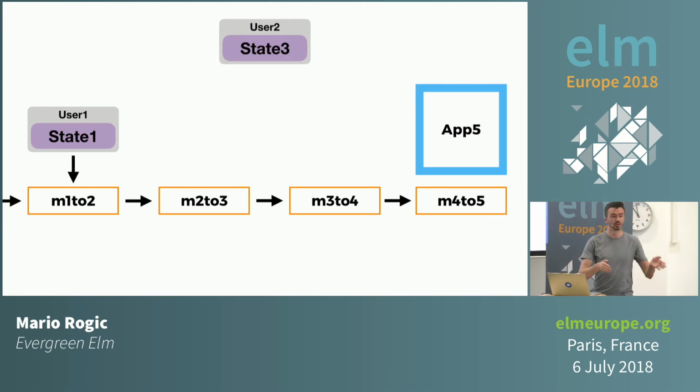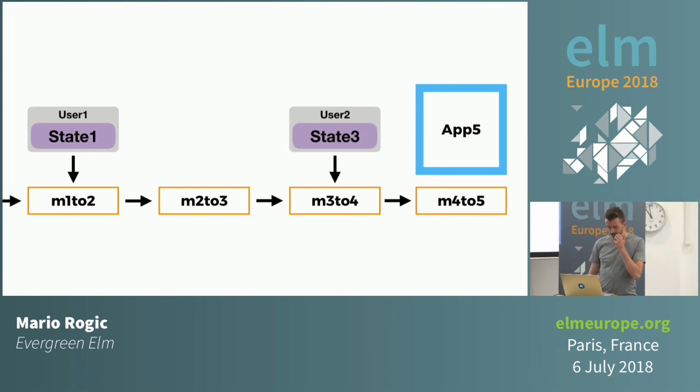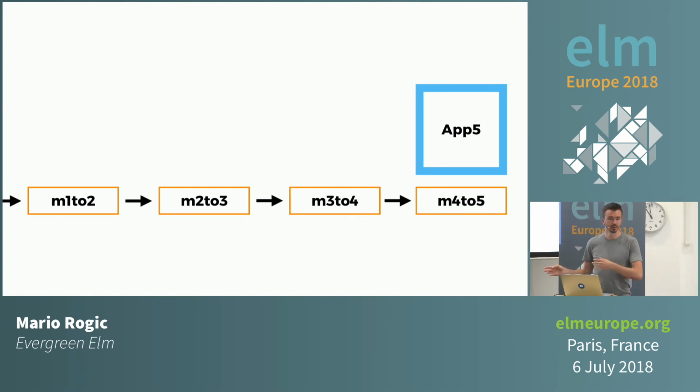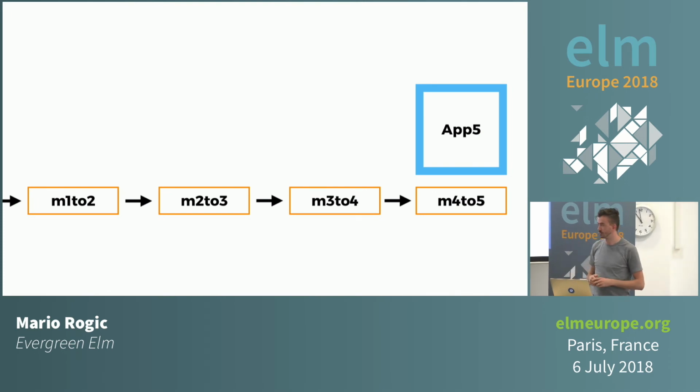Same thing again, if we simultaneously get another user come in with state 3, we also know how to deal with them. So over a long period of time, you might be thinking, well, we're accumulating a lot of migrations here. What do we do when we want to drop them? Turns out that's also really easy. Dropping migrations is actually the same as the starting point. The first slide that I showed you, you don't know whether there were any migrations before that; you just know that was the initial point.